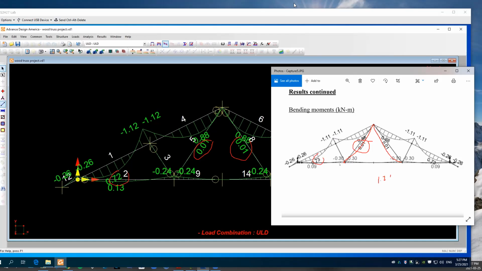Like the resistance of a 2x4 or a 2x6, it's going to be greater than what we have on ADA. If I'm not mistaken, I think I checked this. I think that this one is pretty much at its limit when you do the PF over the PR and all that. You understand the ratio? You understand? Okay. These ones are going to be overdesigned, and that's why, like in a real truss, guys,